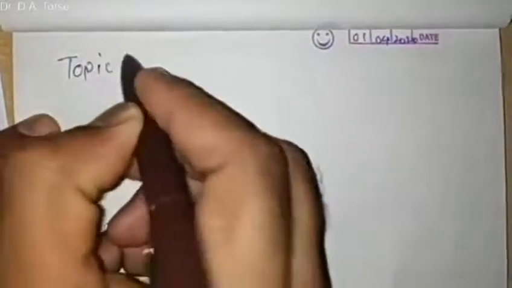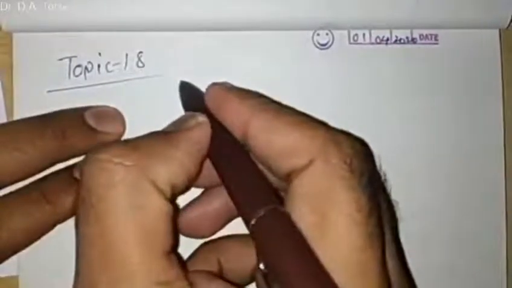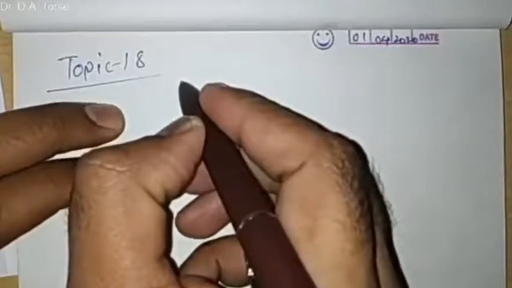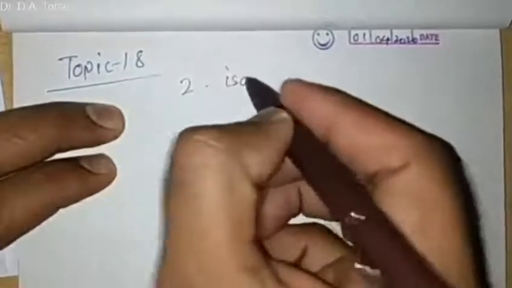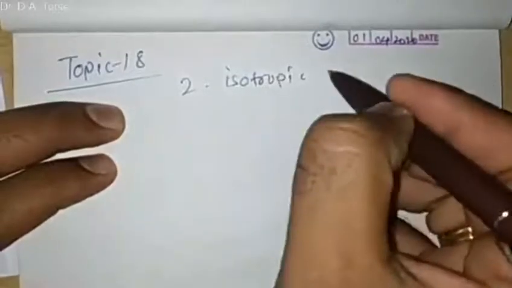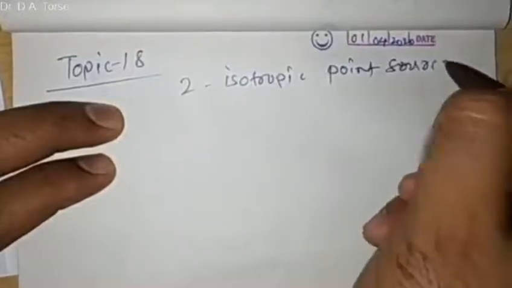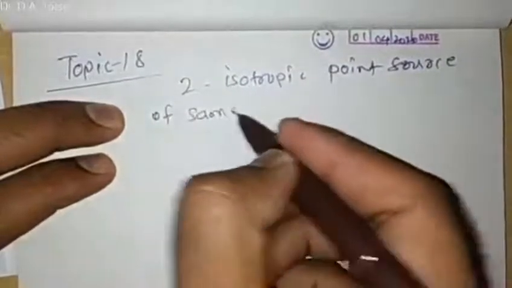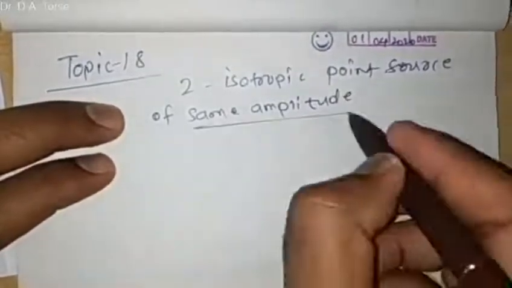Hello. In topic number 18, we are going to learn a derivation for the total electric field and pattern of two isotropic point sources of the same amplitude. So here the amplitude is the same